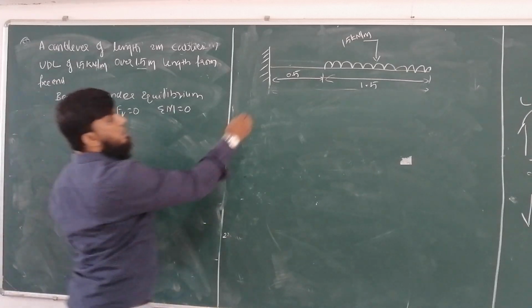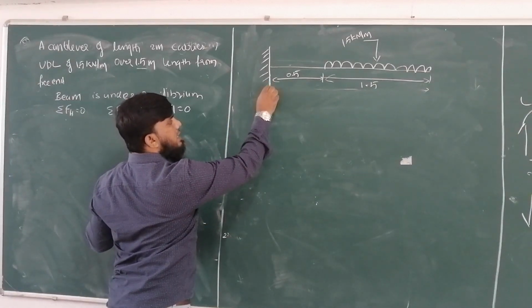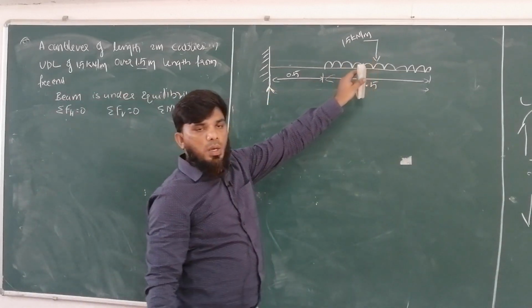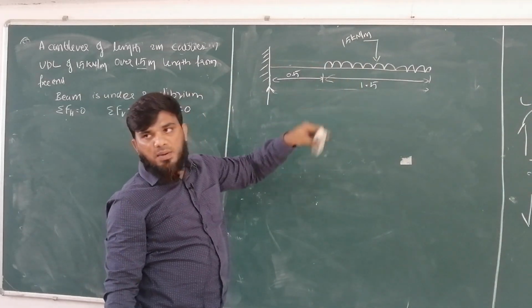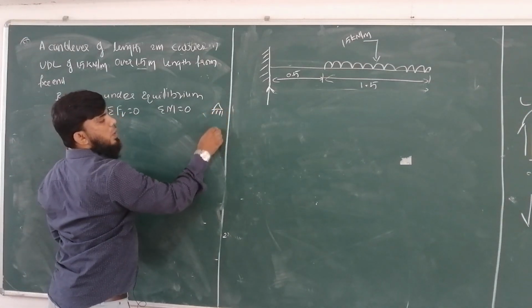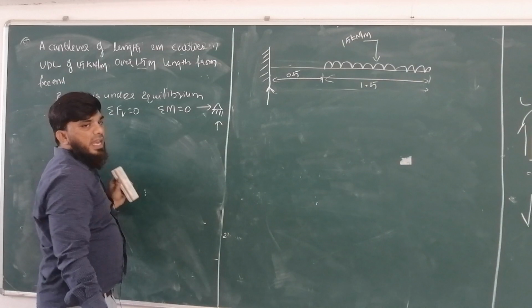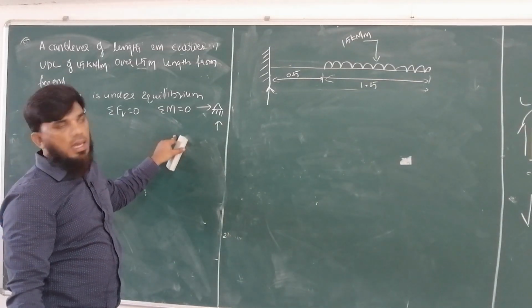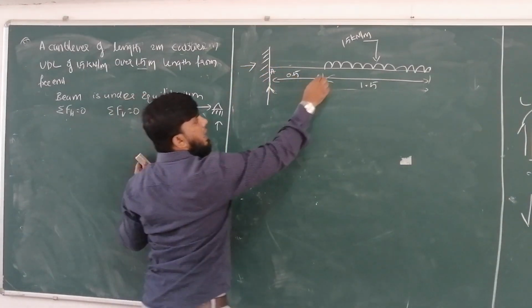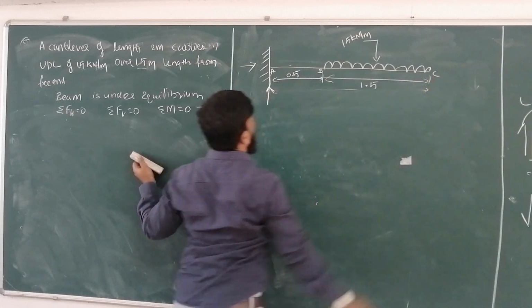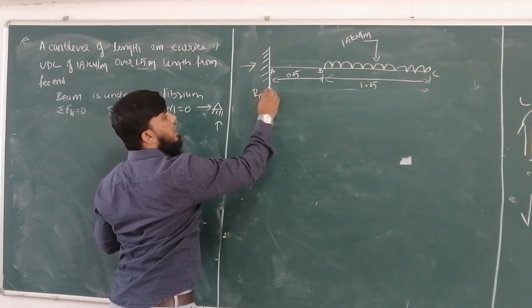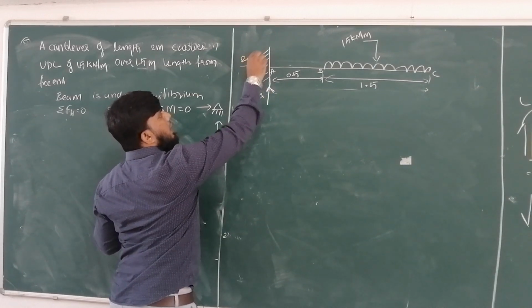We know that at a fixed point we will have a reaction. I am giving this reaction in the upward direction because the load is acting downward. When load acts downward, the reaction will be opposite to it. We already discussed in the last problem that wherever there is a fixed support, we will have two types of reaction, one horizontal and another vertical. So I have drawn the vertical reaction like this, and the horizontal reaction. I will name the points A, B, C. So at point A, we write the vertical reaction at A and the horizontal reaction at A.